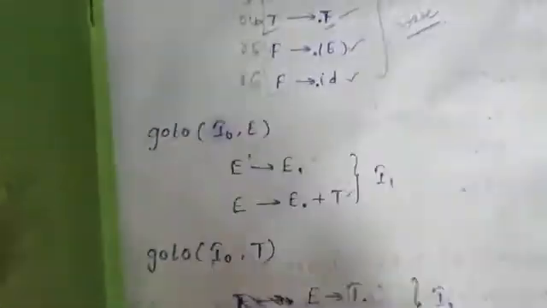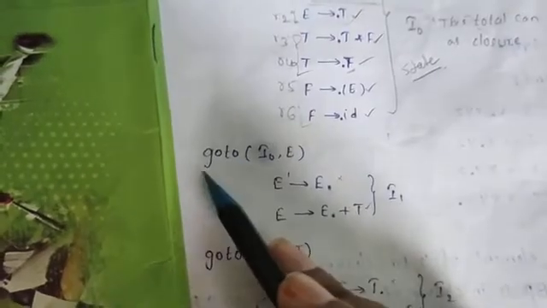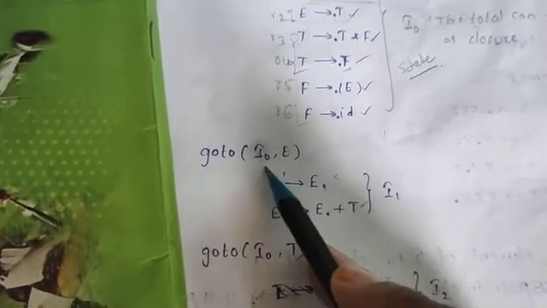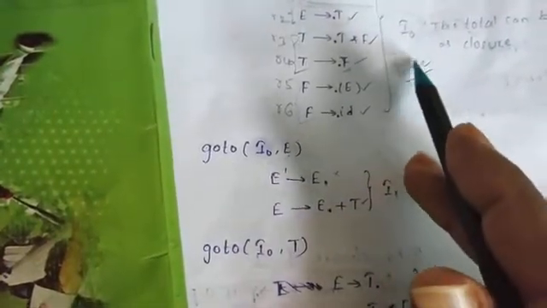Like that, here the dot will be moving from this side to this side. That means here in I naught, the dot will be moving over capital E. That means here we are using our production